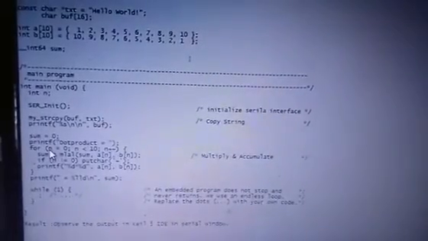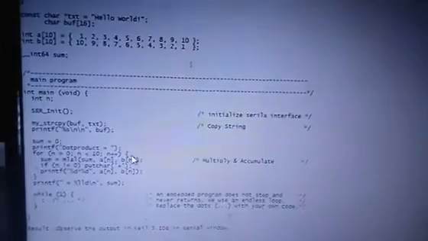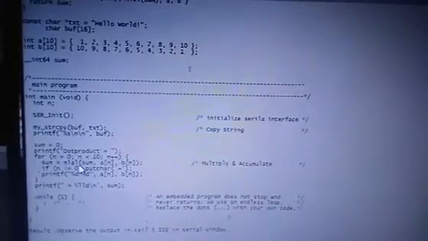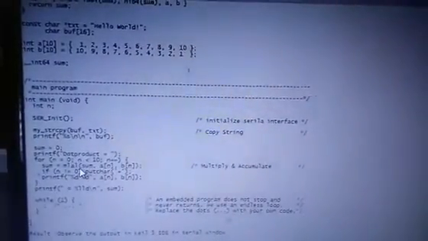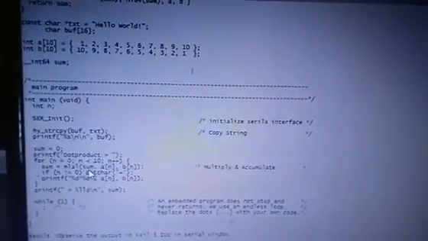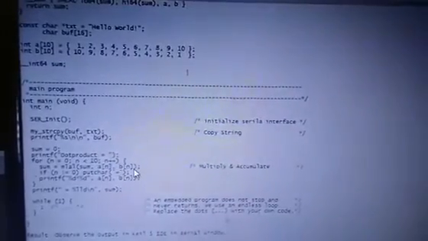Specify the for loop for 10 iterations. Invoke the multiply and accumulate inline assembly function. Sum of the first array and the second array.